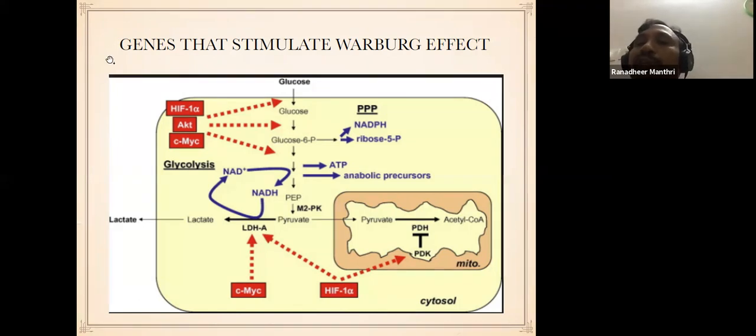Because of the stimulation of pyruvate dehydrogenase kinase, the pyruvate dehydrogenase is inactivated. Once pyruvate dehydrogenase is inactivated, the pyruvate cannot go to acetyl-CoA, so the pyruvate will form lactate. Because of this, there is lactic acidosis. For pyruvate to convert to lactate, it needs LDH. The increased production of LDH is stimulated by HIF1 alpha and CMYC. So CMYC expressing tumors express too much LDH, and CMYC expressing tumors also express too much hexokinase.